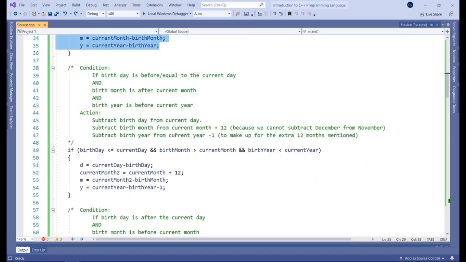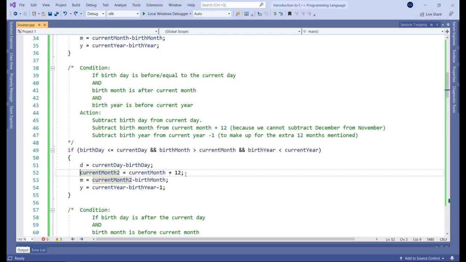The next scenario is that the birthday is equal to or before the current day, the birth month is after the current month, and the birth year is before the current year. In this scenario, we can just subtract the days normally, okay? But for the month, we need to subtract the birth month from the current month plus 12. We actually add 12 to the current month because, as you can imagine, we cannot subtract December, for example, from November.